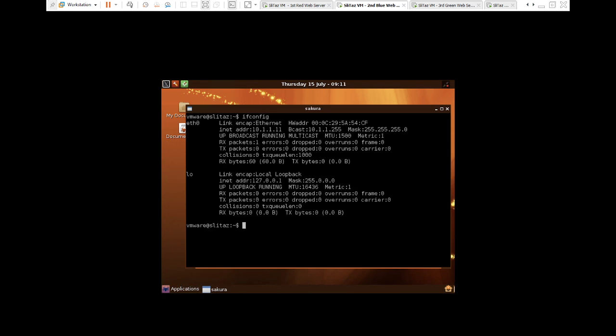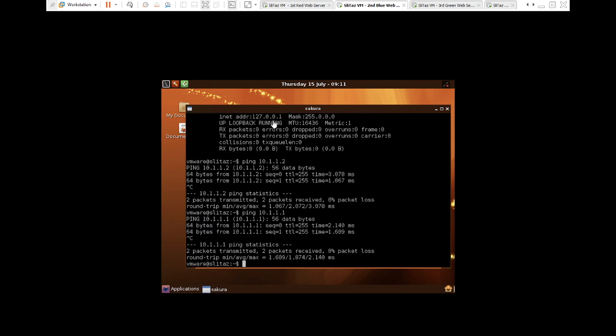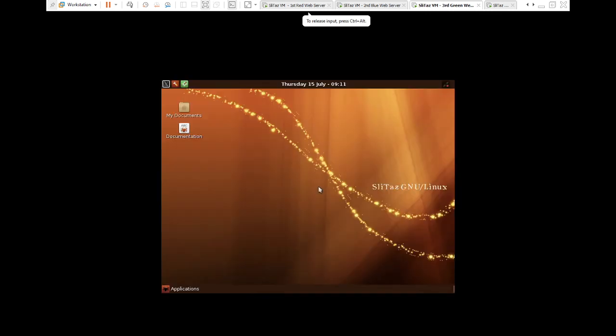This is 10.1.1.11. At least it is okay. Let me try to ping 10.1.1.2. Yes, it is reachable. 10.1.1.1 is also reachable. Let me check the other servers as well. If that is doing good, then we may not need to worry now. I'll fix that one after this class.